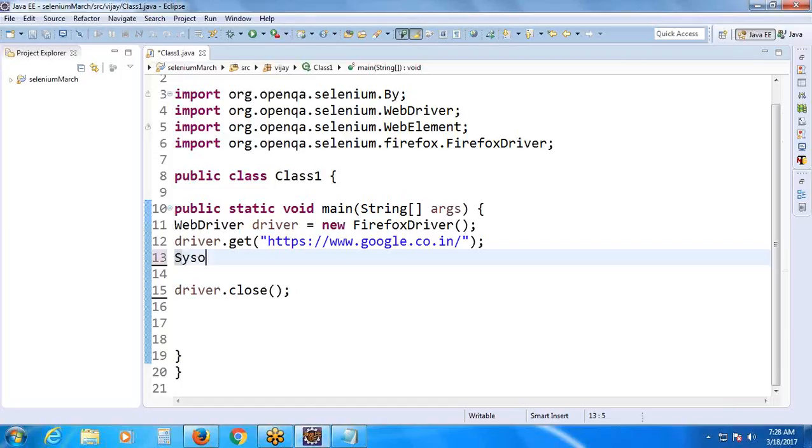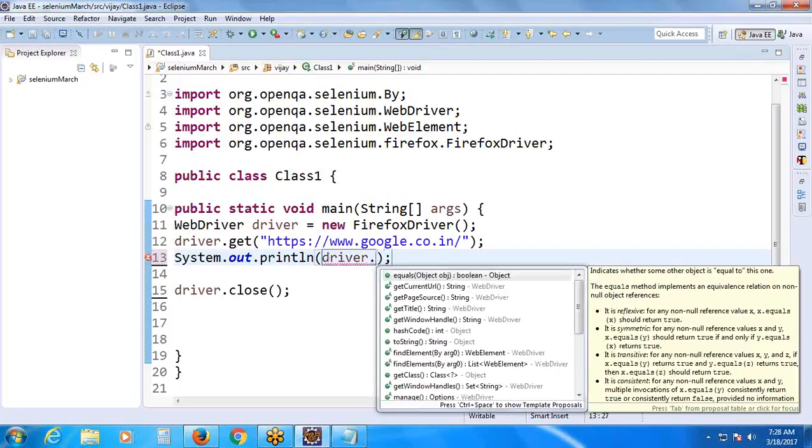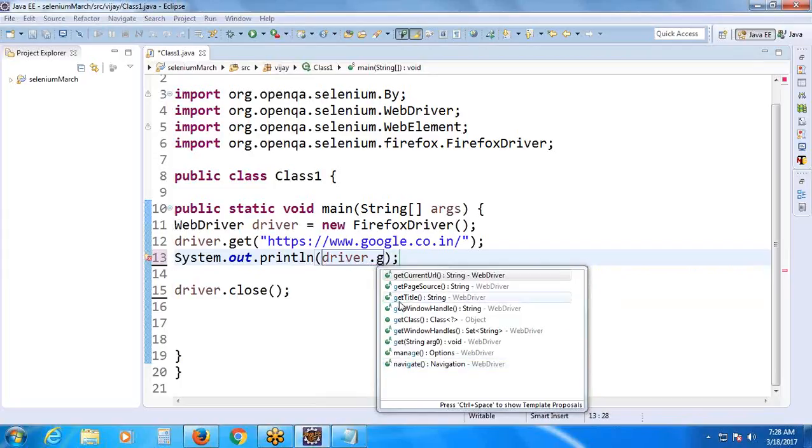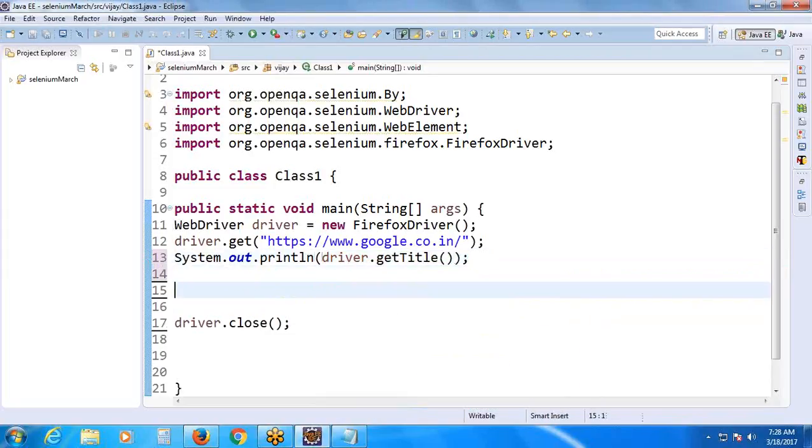Suppose SYSO, control space enter. Next, driver dot get title. Next, driver dot